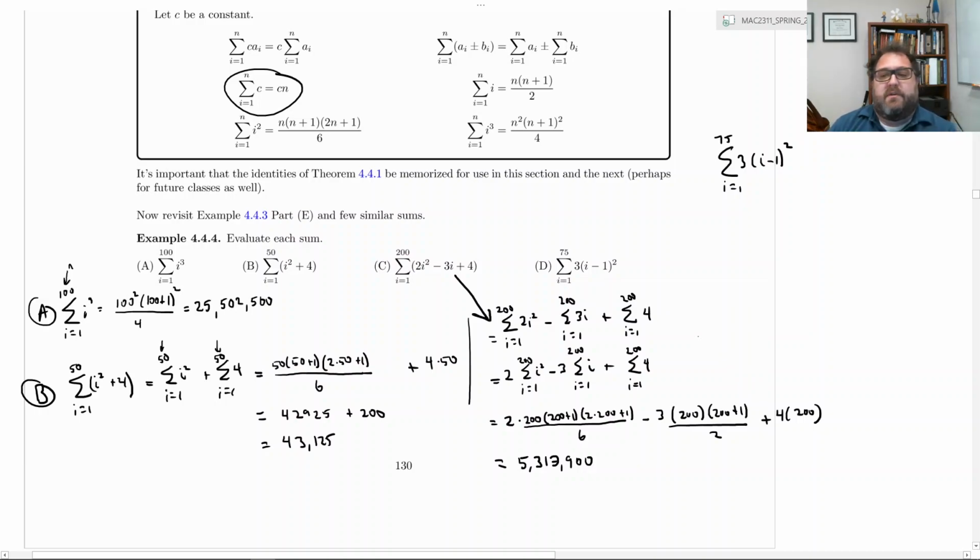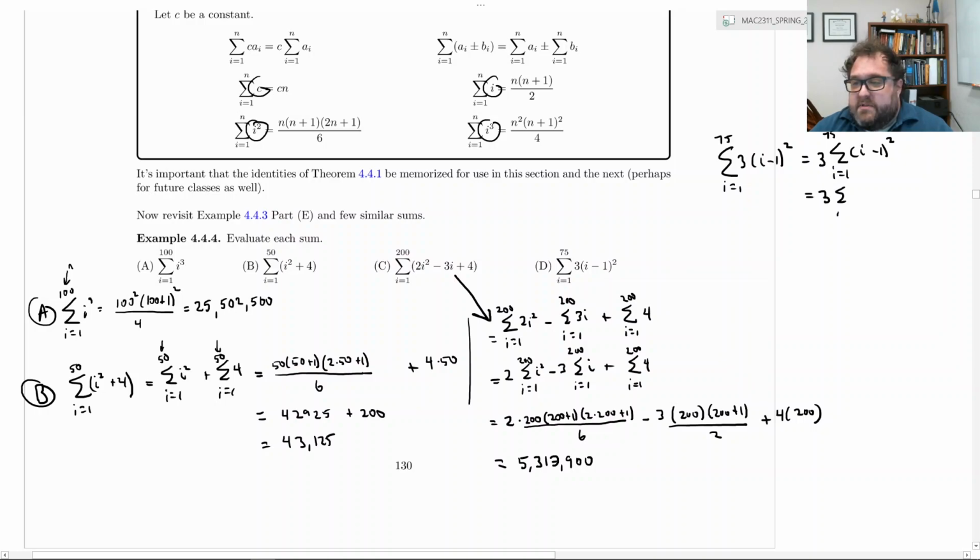We have no property up here that deals with basically a composite function. (i minus 1) squared. We have the sum of the i's, the sum of the i cubes, sum of the i squareds, a constant, but not (i minus 1) quantity squared. So we're going to have to use a little bit of algebra to rewrite that. So first off, let's apply the constant multiple rule and say this is 3 times the sum from i equal 1 to 75 of (i minus 1) squared equals,